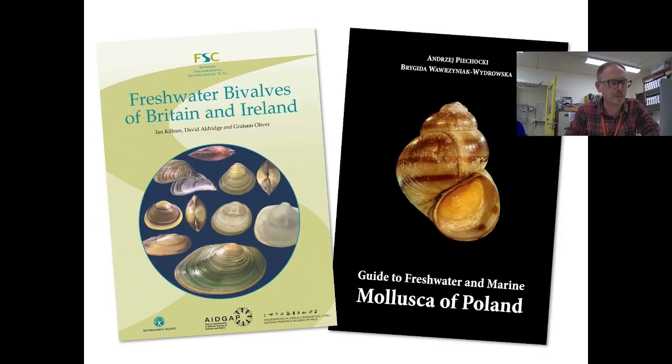If you like pea clams, you will need at least one of these books, and I would suggest possibly both. The Field Studies Guide is self-explanatory. The one about the molluscs of Poland is really useful because it's in English and it's got a lot more detail on some aspects of the Pisidia, and I found them very difficult to identify without having at least two identification sources at hand and a collection as well. So if that doesn't convince you that they're a difficult group, I'm not sure what would.